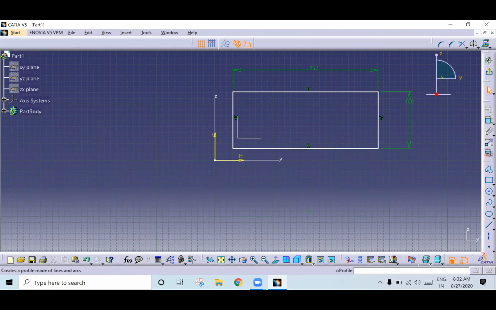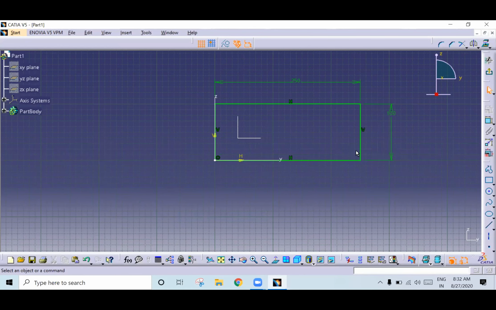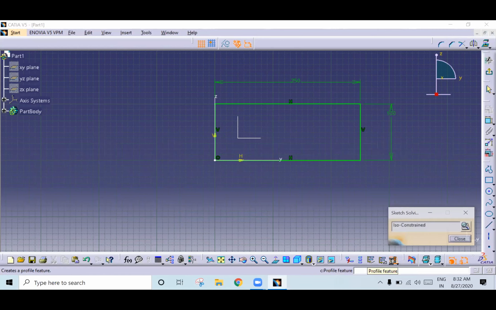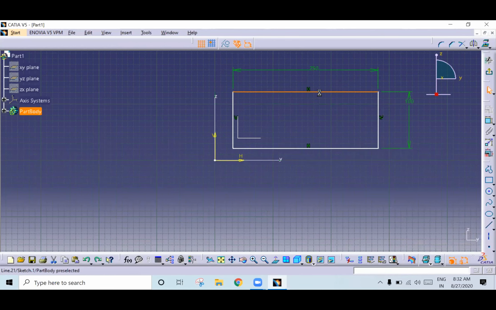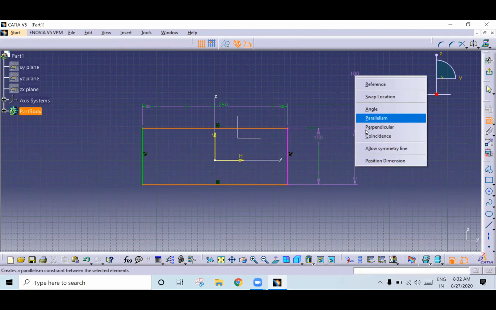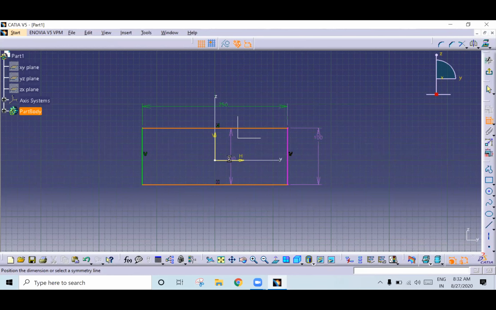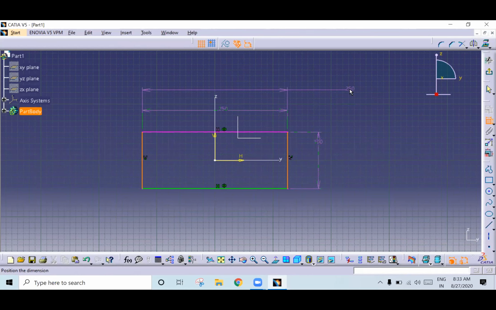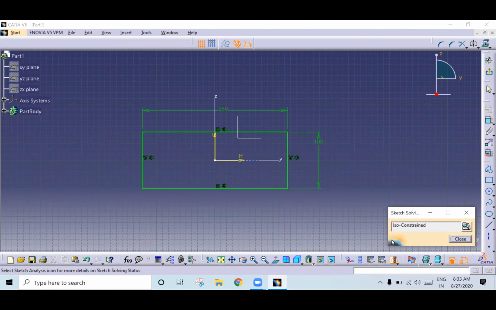So what you can do? From this point to this point, right click. If you make coincidence, see it is in green color. See here, ISO constraint. Got it? Yes, sir. Or else, if you want to make symmetry, double click it, select horizontal distance, right click, allow symmetry, horizontal axis. See here, now it is moving in this direction. Again, select these two, right click, allow symmetry, vertical axis. Select the vertical. See, now it is constrained. All of you got it?